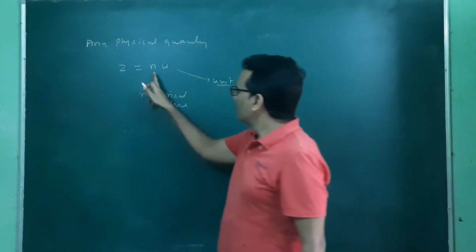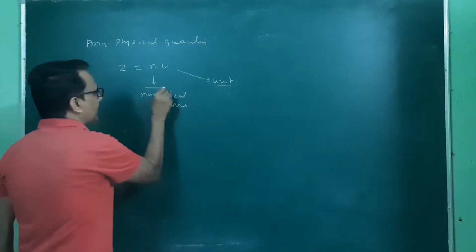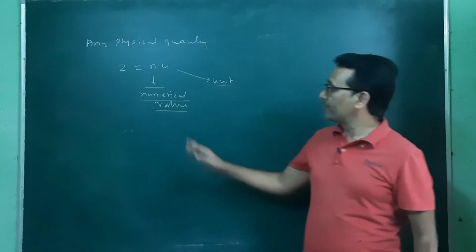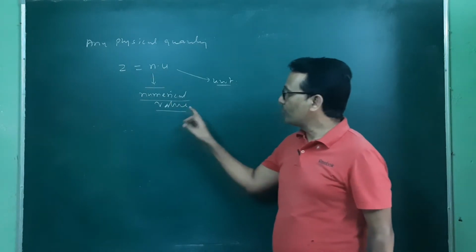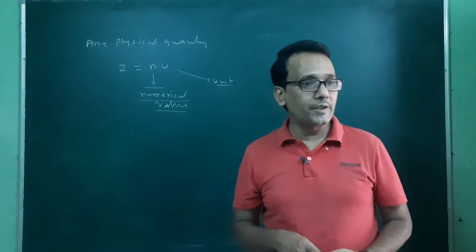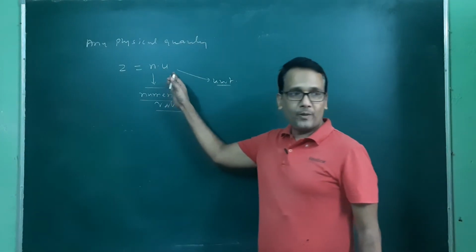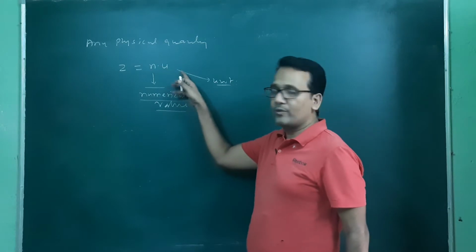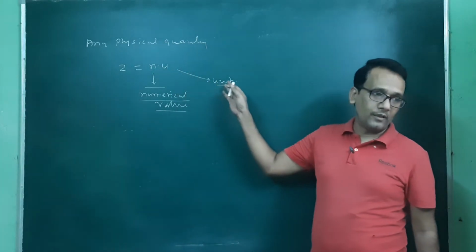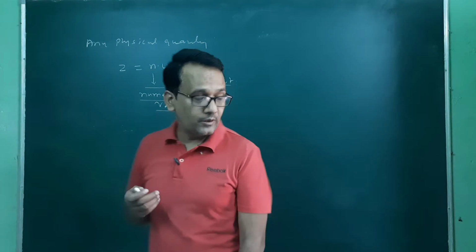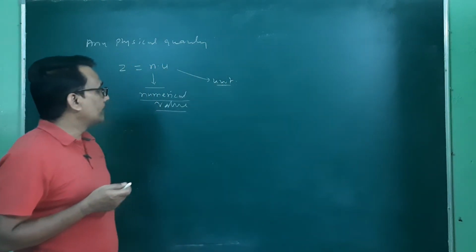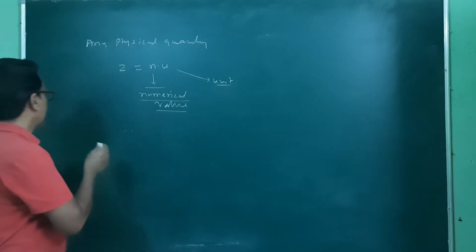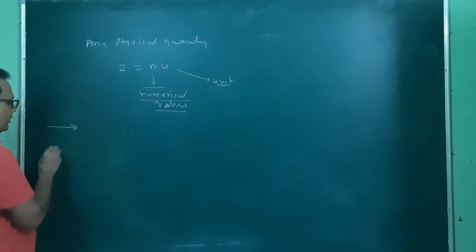But now we will play with this term, that is the numerical value, because this is also very important in physics, that numerical value and how to write this numerical value in a particular physical quantity. Both terms are equally important, but so far we have discussed only these units and dimensions. Now we will talk about the numerical values, and for which we have to discuss two terms.